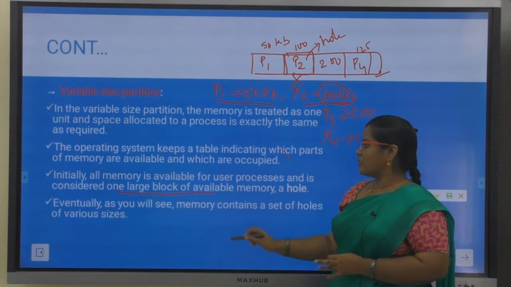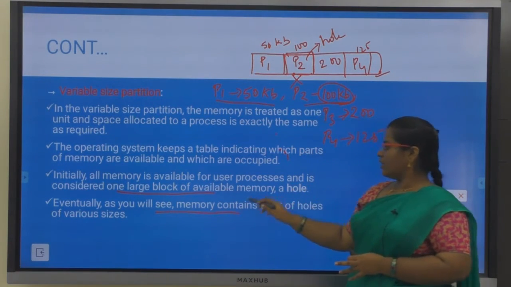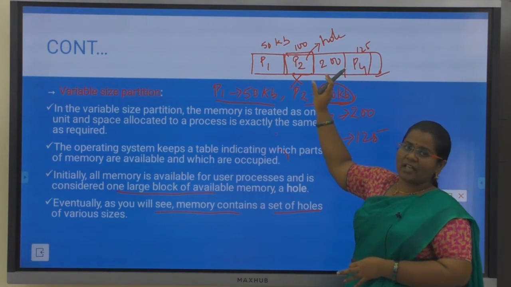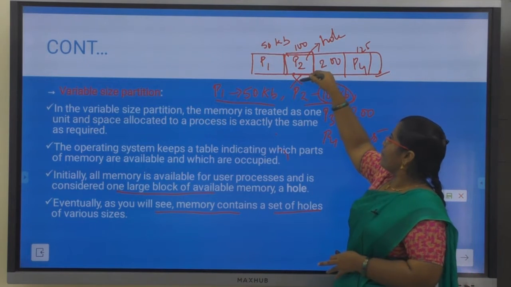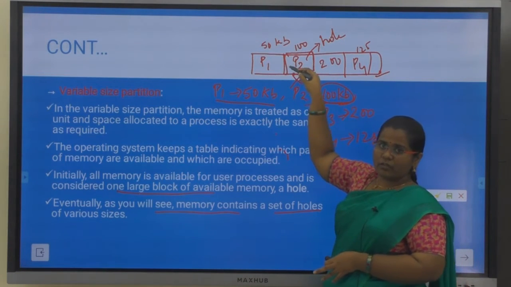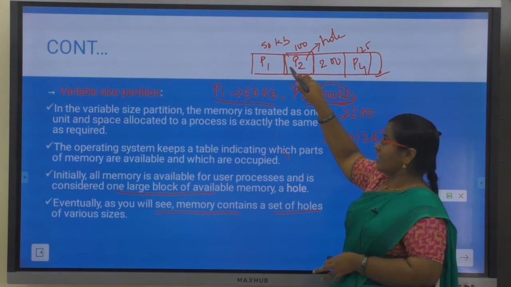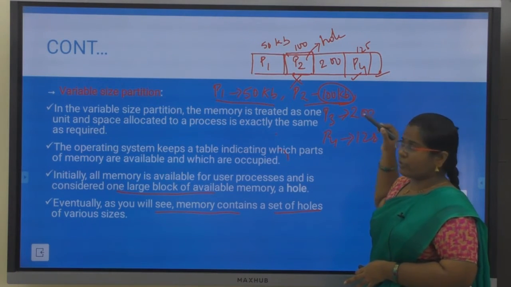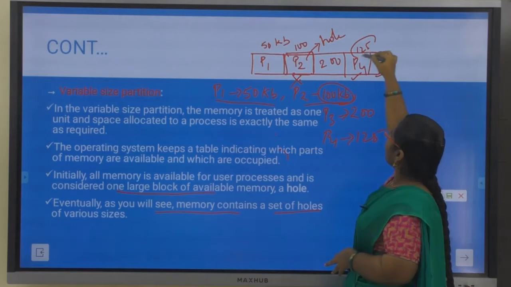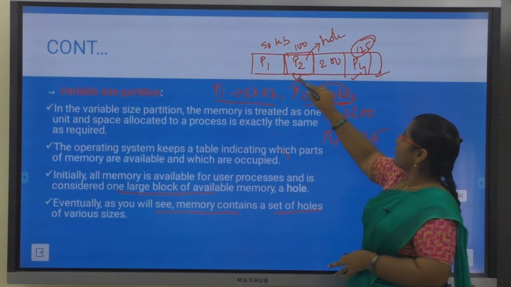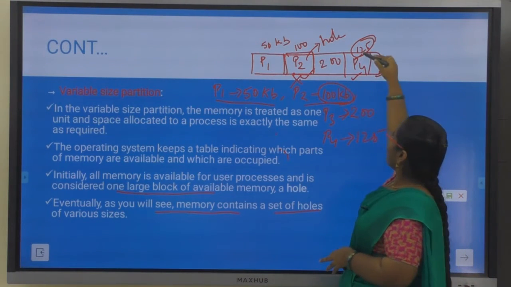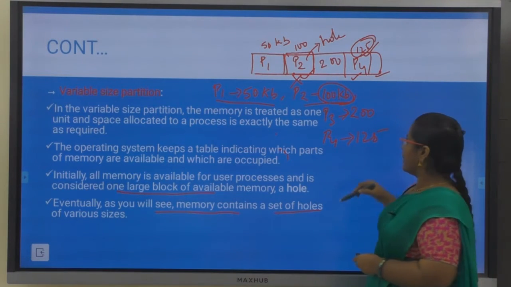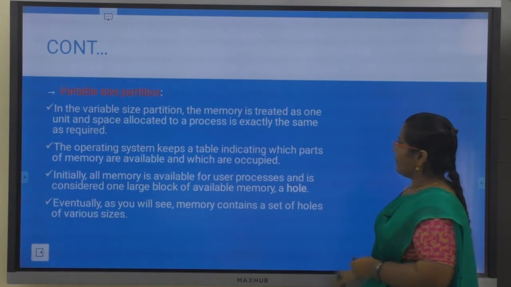Eventually, as you see, the memory will contain a set of holes, meaning the empty free space. If process P2 completes its execution, you will have 100 kb of free space. And if process P4 completes its execution next, then you will have 125 kb of free space here. Then you can have 100 and 125 kb free spaces as holes. Okay, so that is about your variable sized partition.